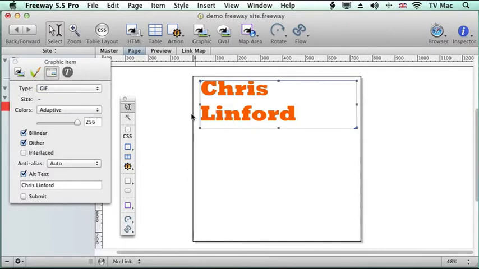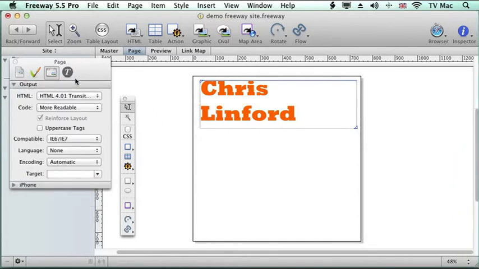So generally, because it's a flat colour, it would choose it to be a GIF file, which is restricted, and I can then choose the colours I want. So I'm going to choose the Web 216, which means it's going to be chosen from the nearest colour to what I've chosen, which is a standard colour built into the web browser, so it will perform faster. If I want lots of effects on it, then I could choose adaptive. You can go to my Get Going guides, and in the text sections there is some information on different file formats and colour spaces and what that means to your